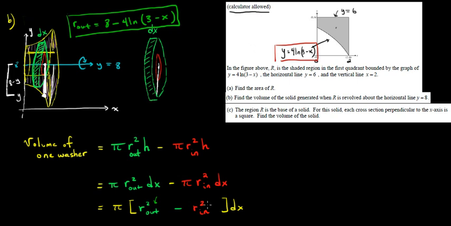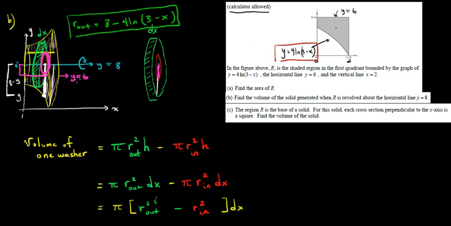But let's go ahead and figure out, while we're at it, the radius of the inner circle here. Again, the radius of the inner circle will be the distance from the center to the innermost part. So we can think about going from 8 to about here. This is where the inner circle lies, in between this gap here. Well, what is this height here? This is just the horizontal line